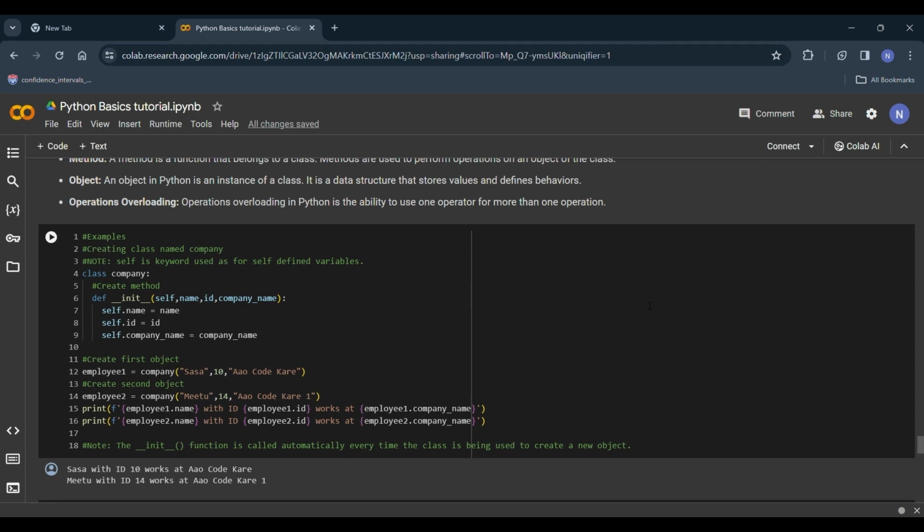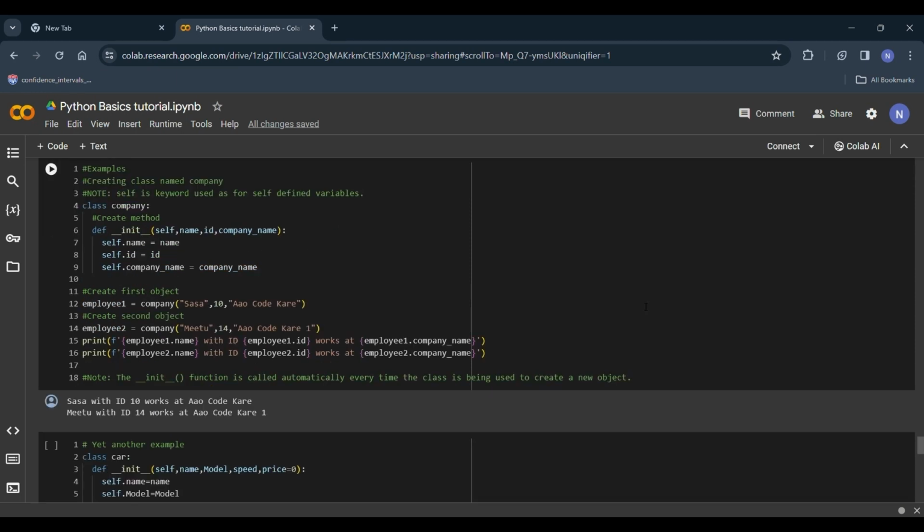Say we want the employee details of a company. So there are some characteristics or attributes like name, ID, etc., which every employee has. So instead of mentioning these details every time for each employee, we can create a class and call this class for every employee. Here, each employee is an object. Over here, we have passed the values in the sequence mentioned in the class. So whenever I want to get some details, I will mention the object over here, employee 1, followed by the